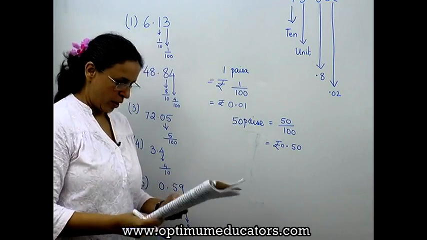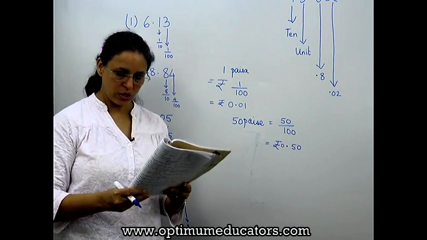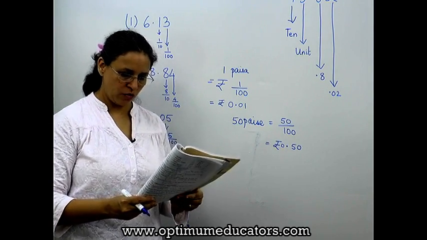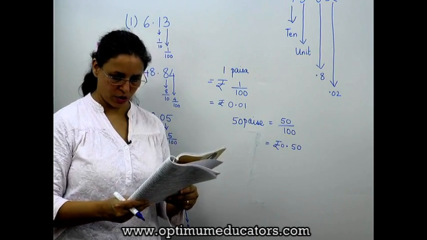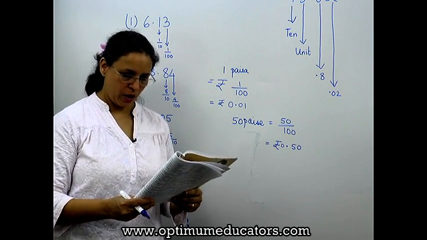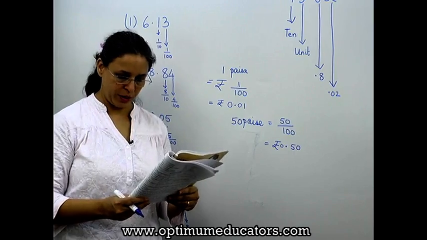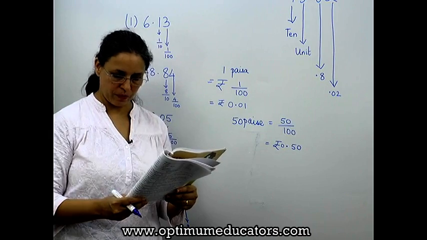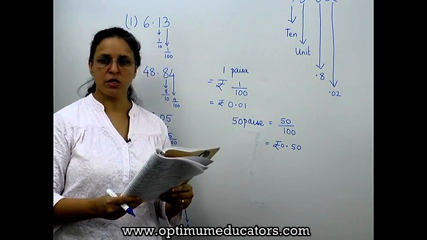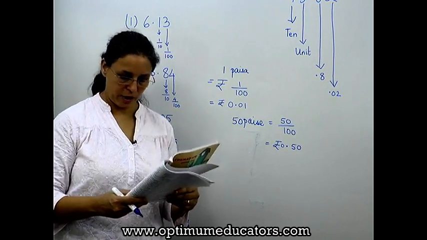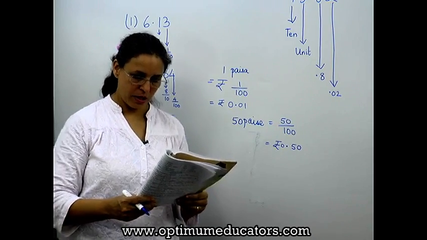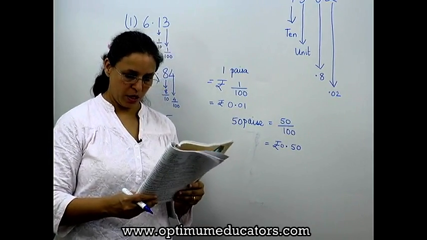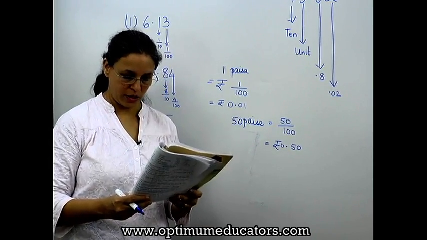Okay. When a large unit of a certain quantity is divided into 10 or 100 parts to make a smaller unit, it is more convenient to write them in decimal fractions. As we just saw, 100 paisa is equal to 1 rupee. Similarly, 100 centimeters is equal to 1 meter. 75 centimeters will mean 0.75 meters and 10 millimeters is 1 centimeter. So 1 millimeter will be equal to 0.1 centimeter.